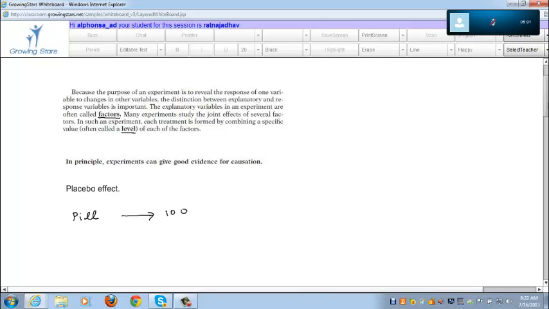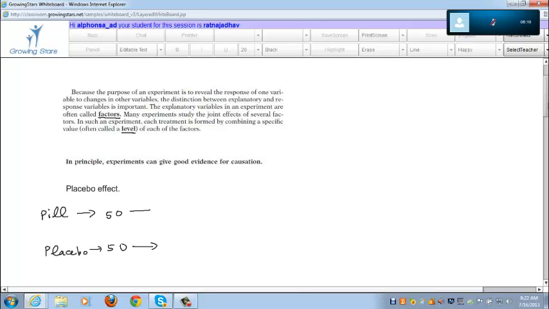People tend to respond positively when they know they are being treated. So practically it is psychological. Yes. So what we do is we give a placebo. A placebo is a dummy treatment. It looks just like the pill, but people don't know the difference, and a placebo has no effect actually. So we redesign the experiment. Divide the 100 people into two groups. To one group, give the pill randomly. To another group, give a placebo. Now measure the responses.